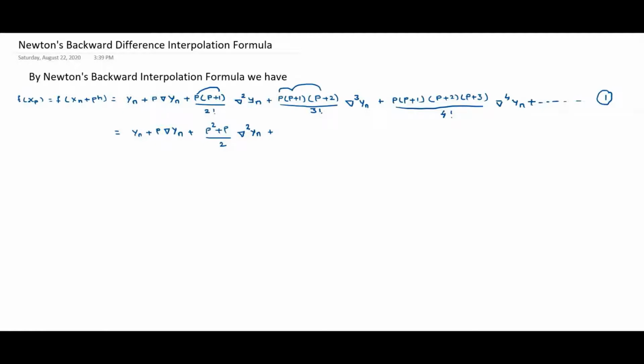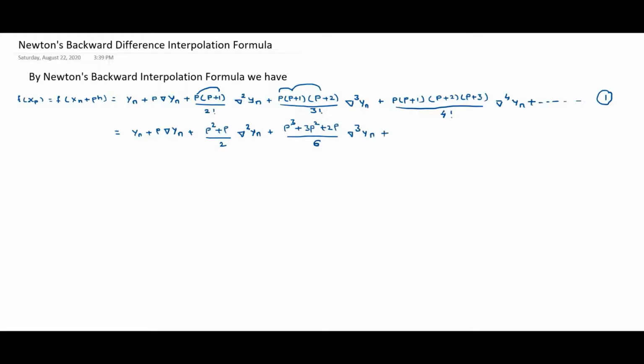P into p plus 1 into p plus 2 is equal to p cube plus 3p square plus 2p divided by 3 factorial is nothing but 6 del cube yn